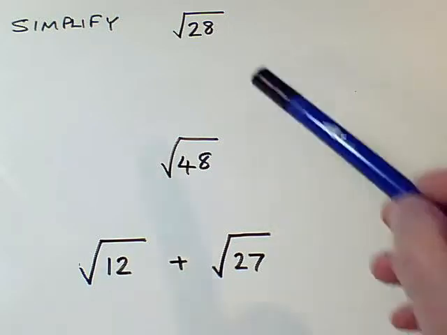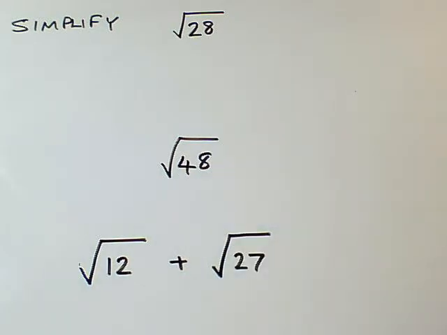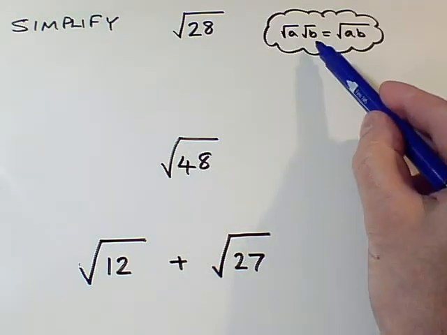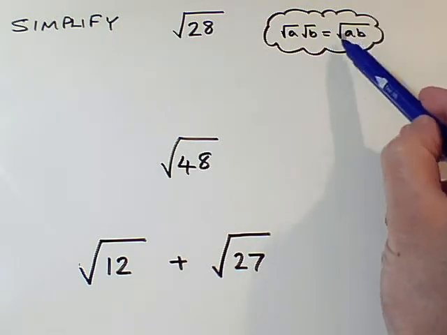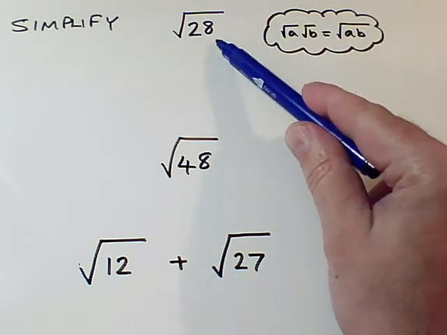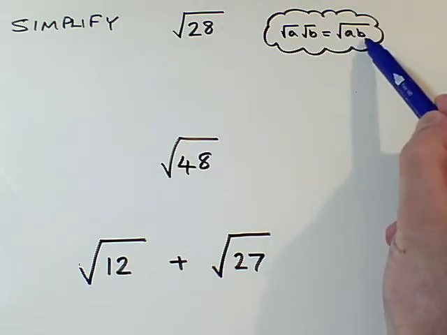Okay, I've got here some expressions involving square roots, and they all simplify. In order to simplify them, I'm going to have to use the fact that the square root of a times the square root of b is the square root of ab. And in fact, I'm going to be starting with things like this, writing 28 as a multiplication,